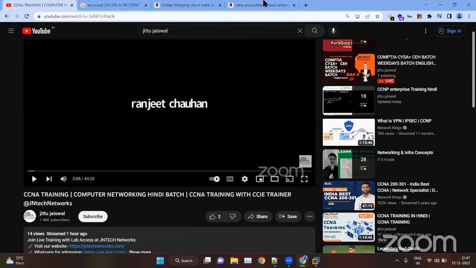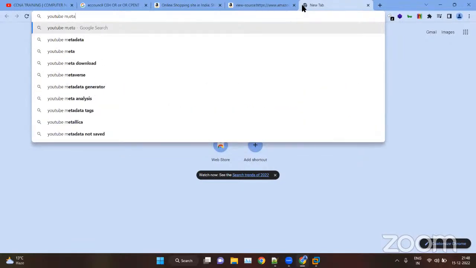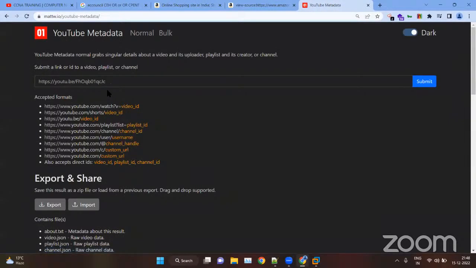Okay, so copy this. Now search for YouTube metadata. YouTube metadata will provide you all the information regarding the videos, whether it is a live video, a premium video, or any video. You can enter your URL here, Control V, and then submit.